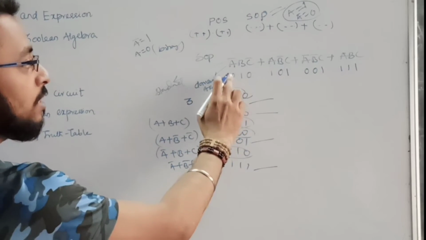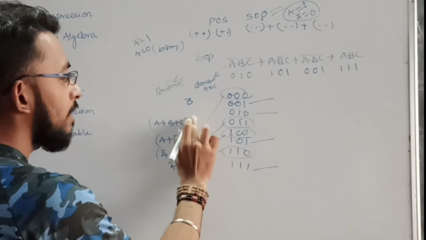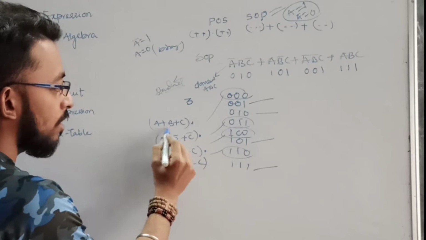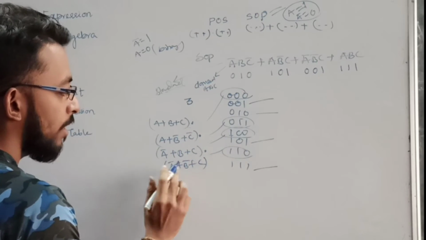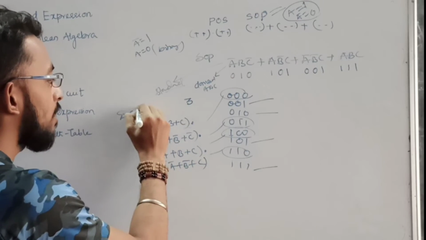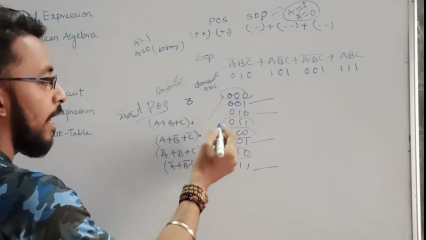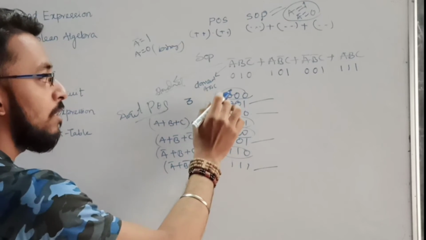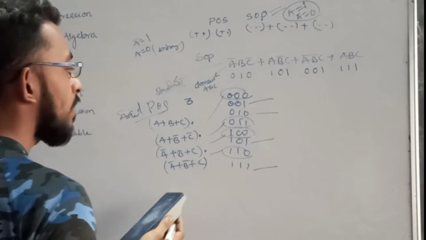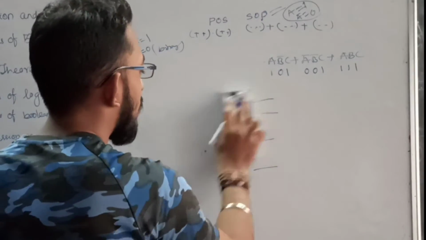Okay. So this is the SOP given to me, and what I did is convert this SOP into POS. You see, this is one sum term, and in each sum term the 3 variables A, B, C are present. It means it is a standard POS. And I took the binary digits which are not present in this SOP form. Similarly, we can convert our POS into SOP. How? In the same simple way.